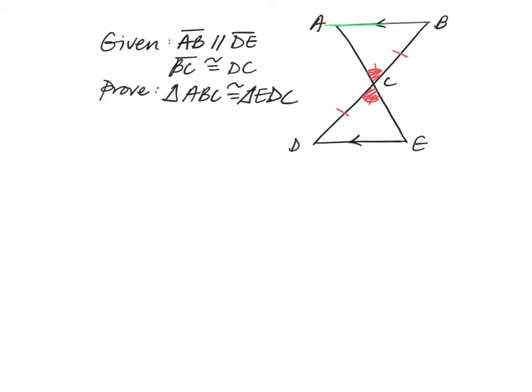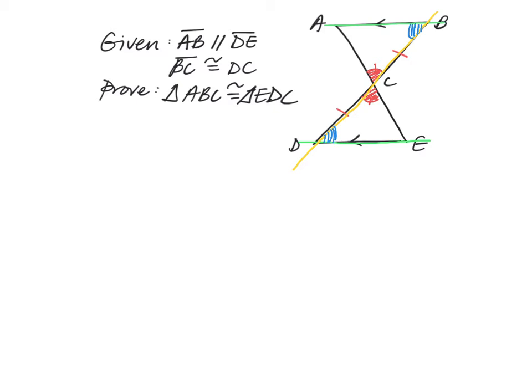Notice that if I continue these lines out, I can look at either of these lines as a transversal, whether it's BD or AC. If I use these, then the angles right here, angle ABD and angle EDC, would be alternate interior angles. So I would be able to utilize those to have enough information to prove my triangles congruent by angle side